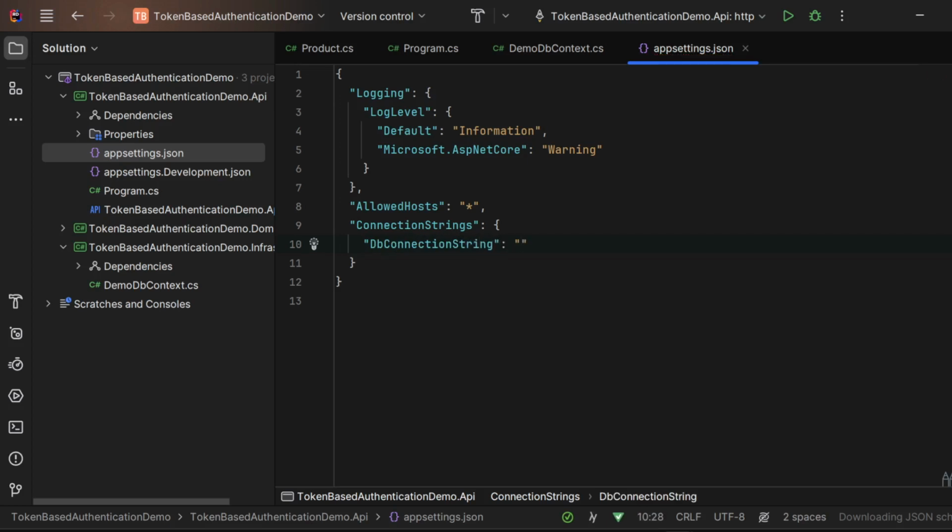and I will type Server equal to localhost with the port 1433. Database will be called demoDB, then the User Id. This is my user ID, so it will be SA, and also I will write down Password,